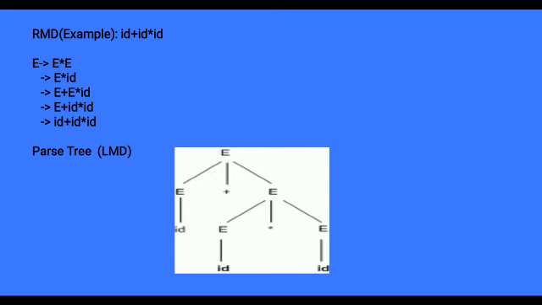First I proceeded with the root node as E. You are seeing E on the screen. E has three extensions, that is E plus E, and the left E is replaced with id, and the right side E is replaced with E into E. In the left subtree E is id, and the next E is replaced with id. Now the result is id plus id into id. This tree is called the leftmost derivation parse tree,